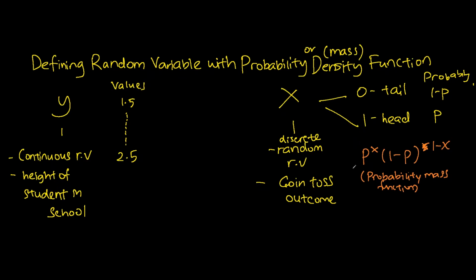We call this a probability mass function. It's a very complex word, but actually it's just a formula in which if you sub in the numerical values of x, you will get the probability. Normally a probability mass function or a probability density function defines my random variable, or determines what kind of random variable it is. So in the case of this